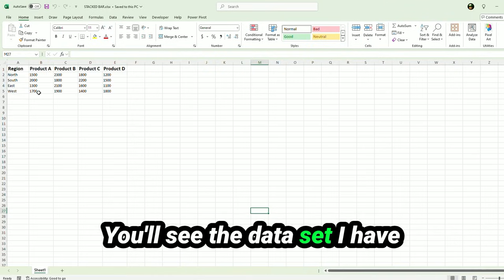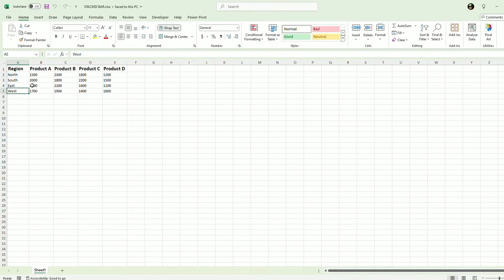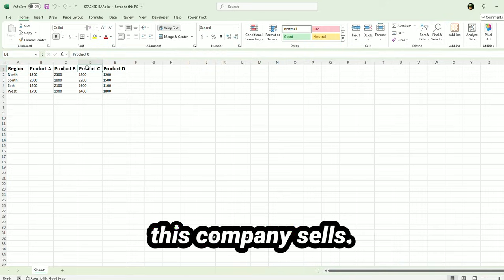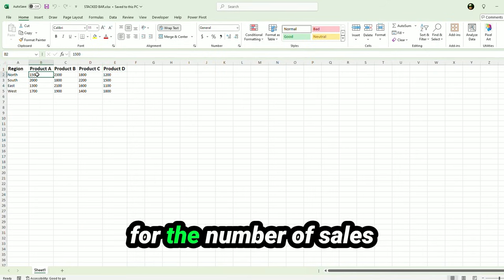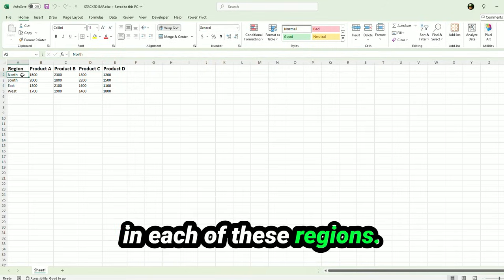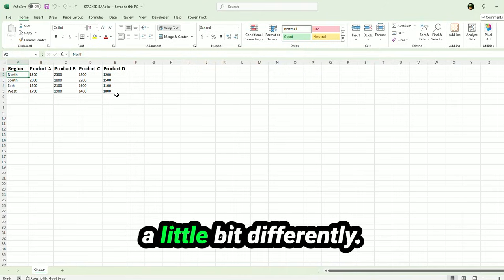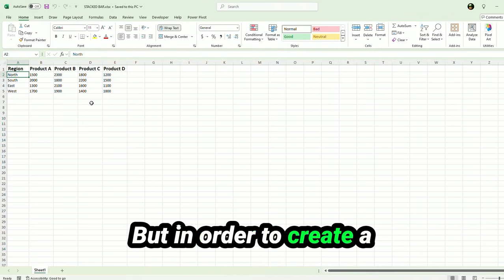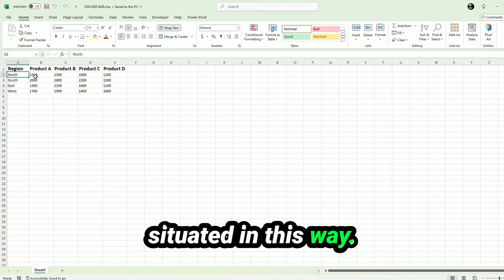You'll see the data set I have here has some regions: north, south, east, and west region. And then we have four different products that this company sells. You'll see these are the totals for the number of sales for each of these products in each of these regions. Now, your data may look a little different than this, or it may be set up a little bit differently. But in order to create a stacked bar chart, it's best to have your data situated in this way: